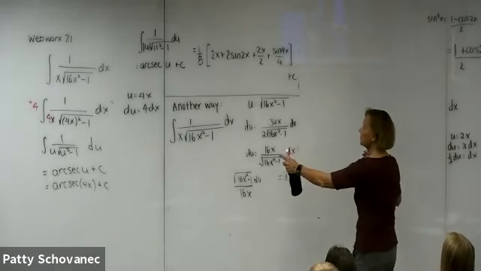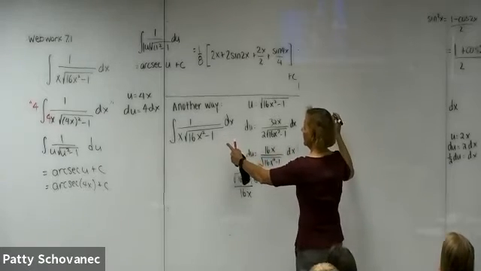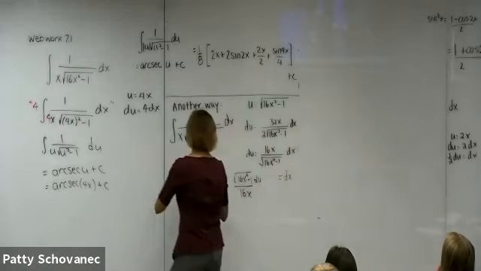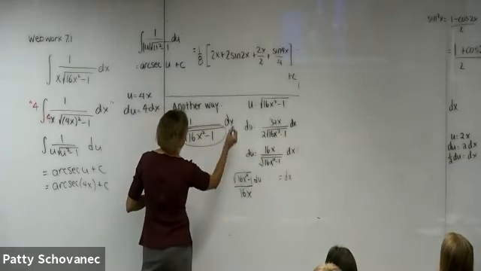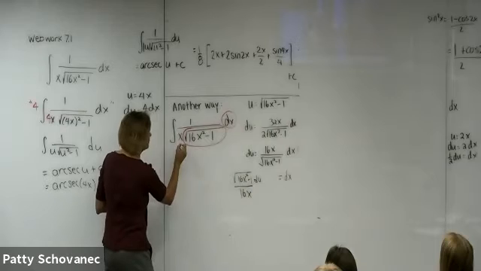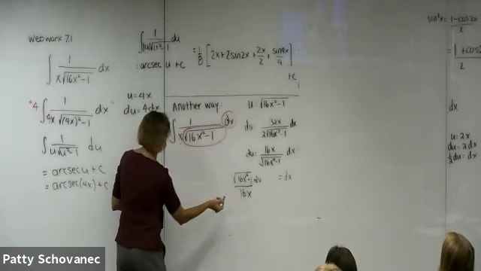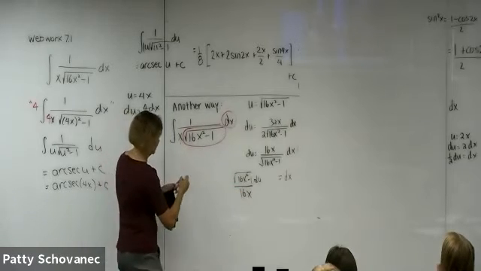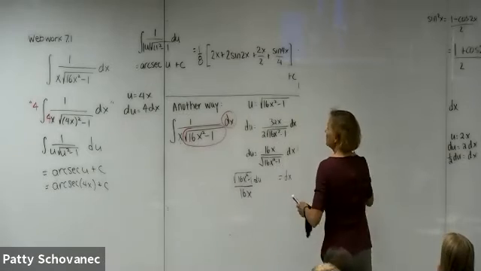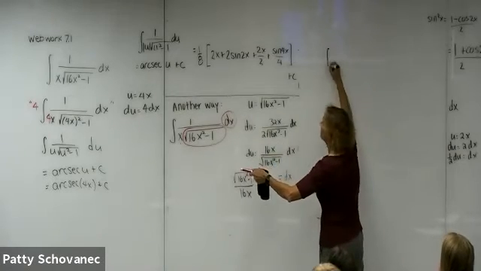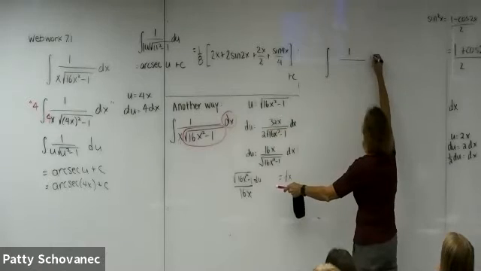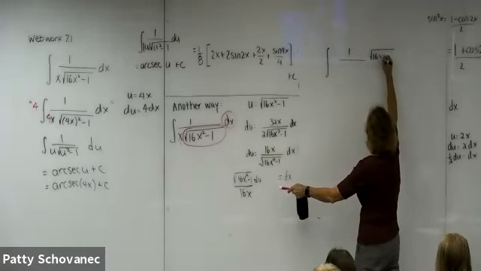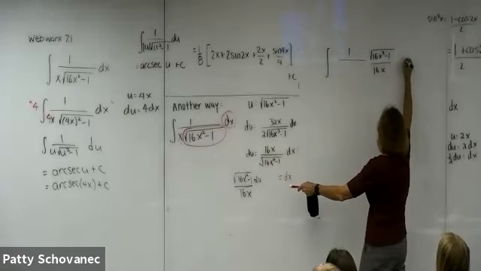Okay, so let me substitute it in. This part here is my u. dx is going to come out for that stuff, and I'm going to leave this back in there. It's going to cancel. Maybe. No, figure it out. Let's see what happens to that x. So I'm going to have the 1, the dx becomes the square root of 16x squared minus 1 over 16x